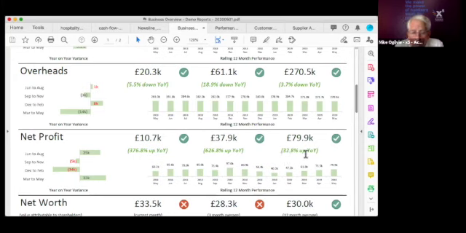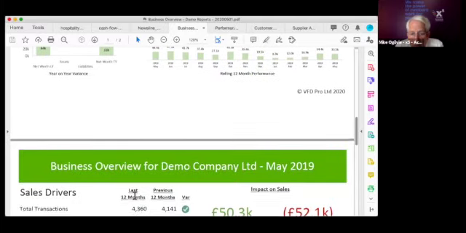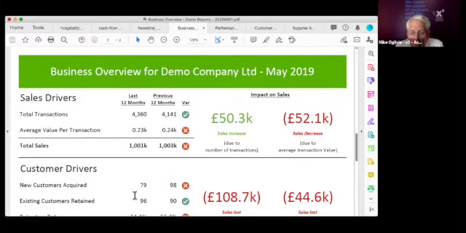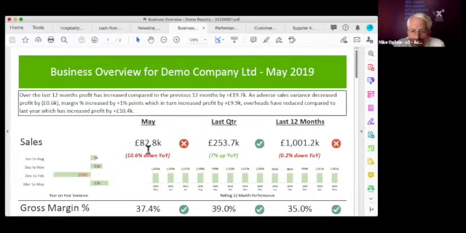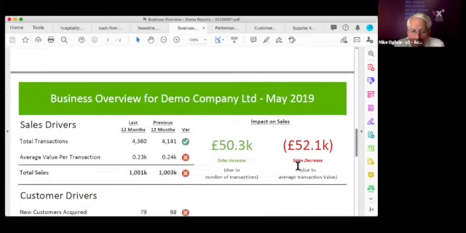So looking at ratios, analysing the different quarters and looking at the performance, and then looking at the value of the business, the value to the shareholders. But far more importantly, this is what it's now starting to give to us. So what we're talking about is saying, right, let's look at those sales drivers. So total sales, when we look at that, 1001k, so 1 million. Let's actually look at how that's made up.